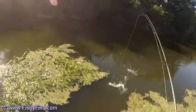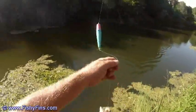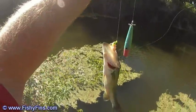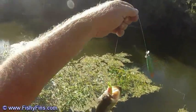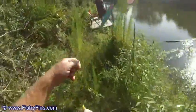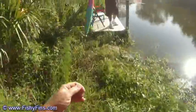Who's to say? Look at that, Mr. Bill. What do you think about that? He's not very big, but he sure was hungry, folks. Came right up and grabbed that thing. He came right up and grabbed it. I mean, he's not a big one, but...